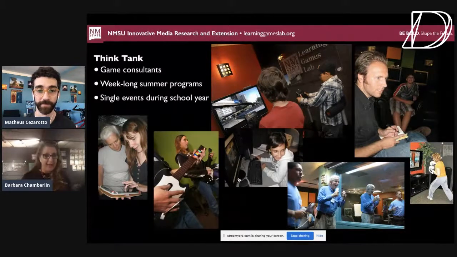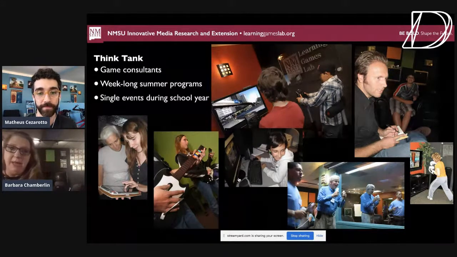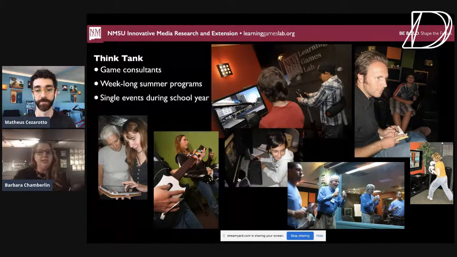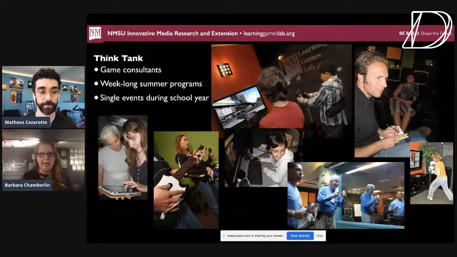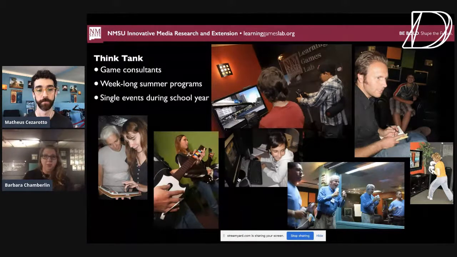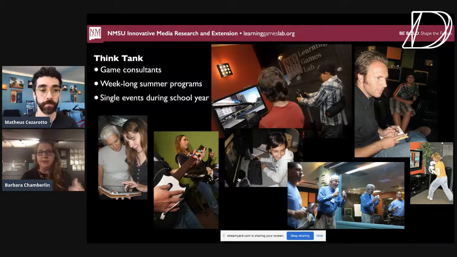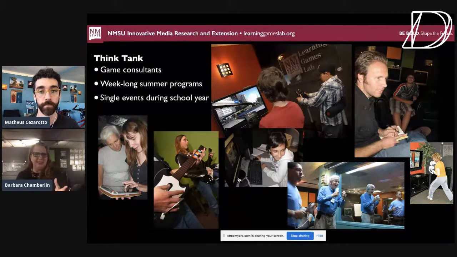One of the ways we fixed that was by creating this space. So here in the Learning Games Lab, and I'll turn my camera around in a minute and show it to you, we bring kids in for think tanks. So we don't call them summer camps or classes. We talk about these youth and often adults as our consultants so that they understand how important the work that they are doing is. Over the summer, we'll bring them in for week-long sessions where we teach other digital skills, teach them some game development or some design skills. And then we have events throughout the year.